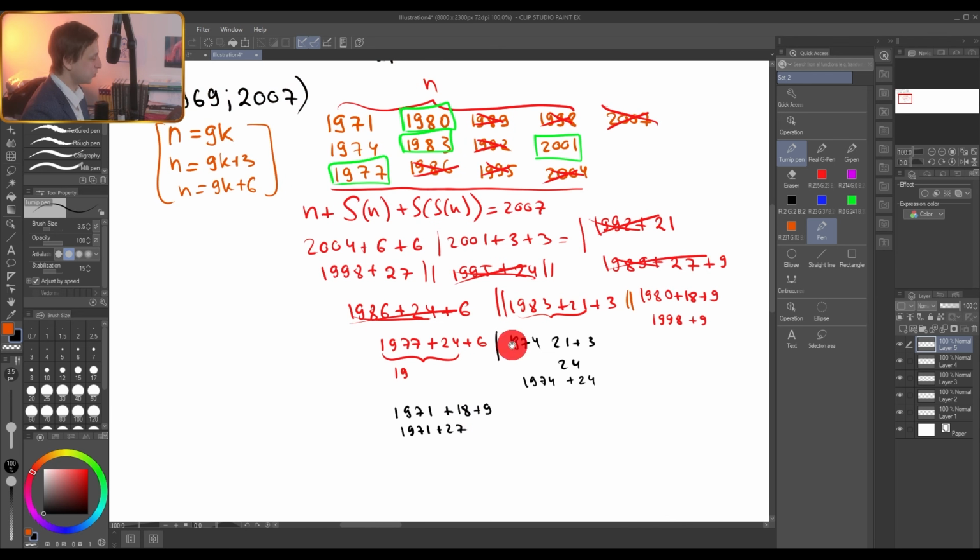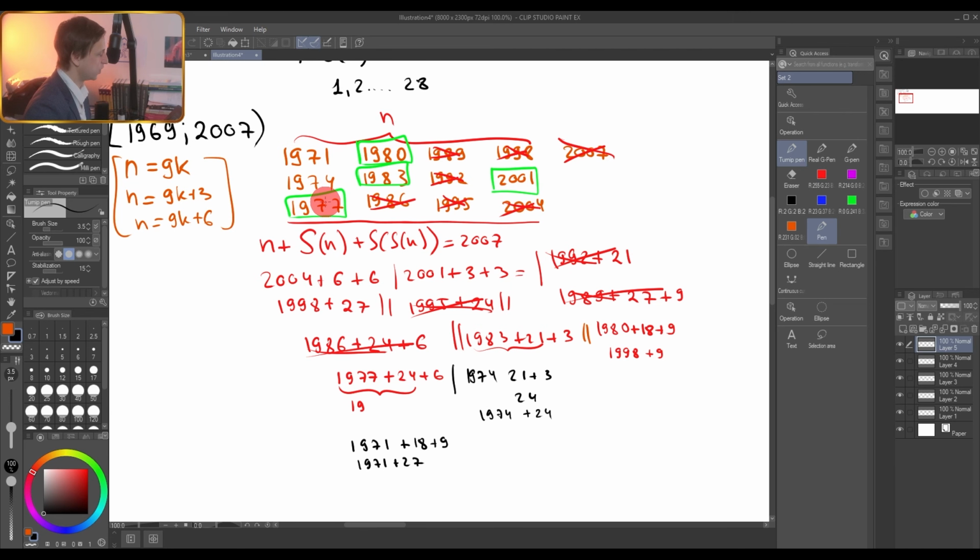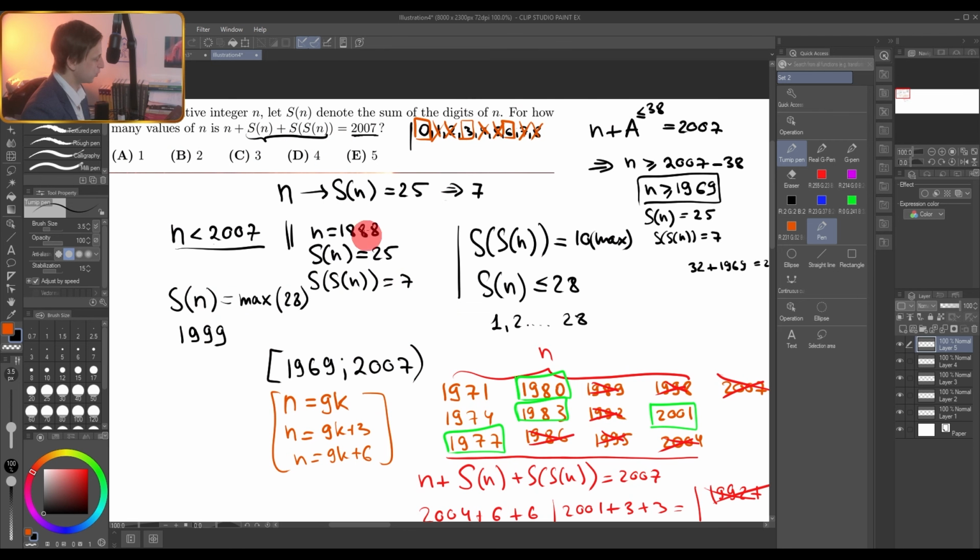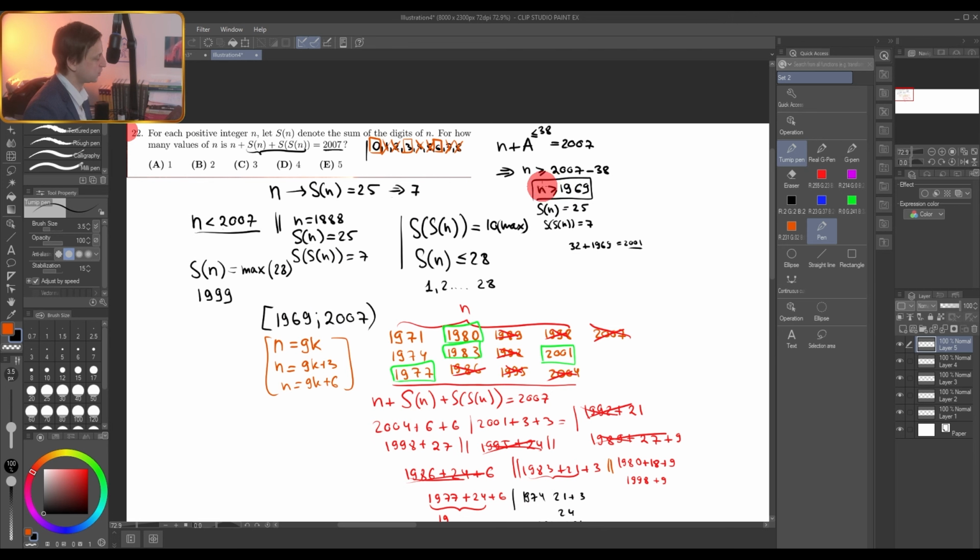So here you have only 4 possible values of n that satisfy your equation. As you can see, because we didn't try to consider each n separately, but we made some sort of filtering just based on the remainder of n when n is divisible by 9, we reduced our job only to 12 different values of n, and it was very helpful for us. And now we see that only 4 different values of n work for us, and D, 4, is our answer, because we are looking here for how many values of n this equation is true, and we found out that it is true for 4